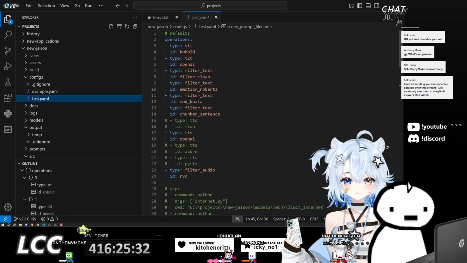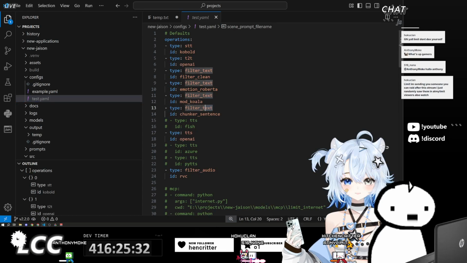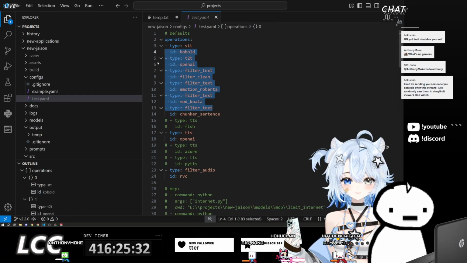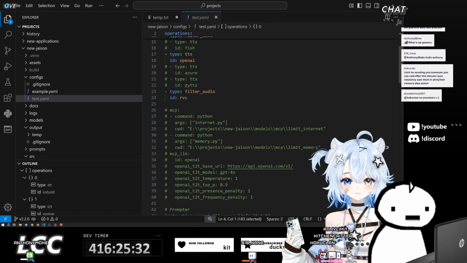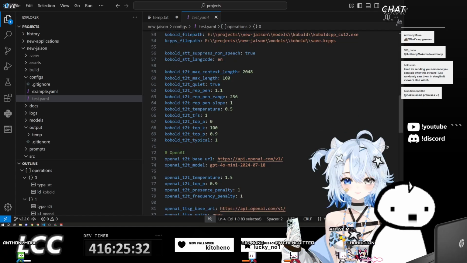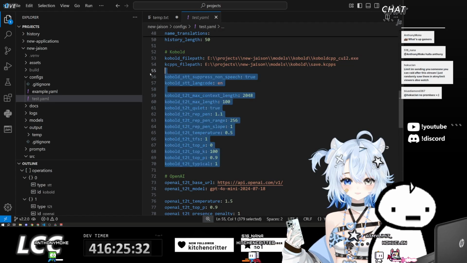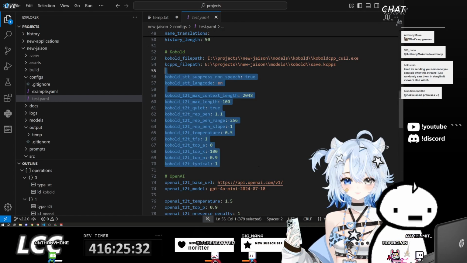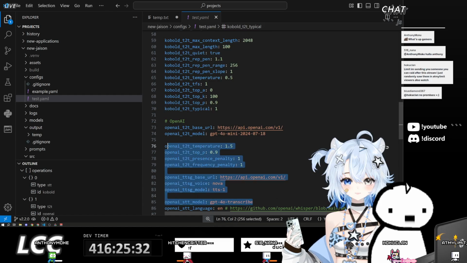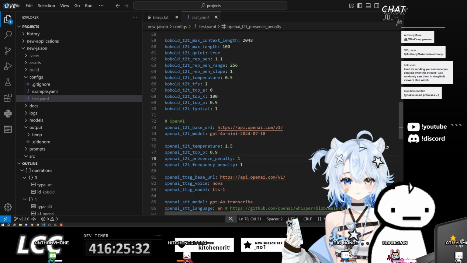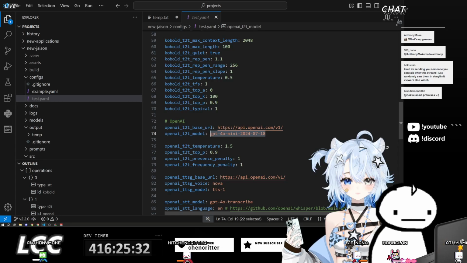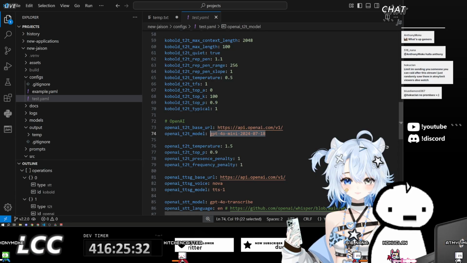this is the one that I use for JAISen. You'll see here that we have a list of operations, but we don't have the configuration. Instead, the configuration is down here, and it's more or less global. So every single Cobalt instance, every single OpenAI instance, they're all going to have the same configuration. And that's a problem because they're all configured to use the same models.